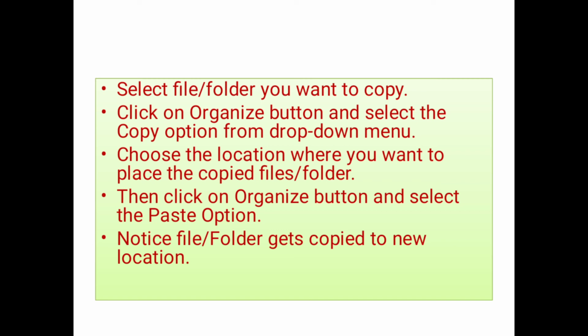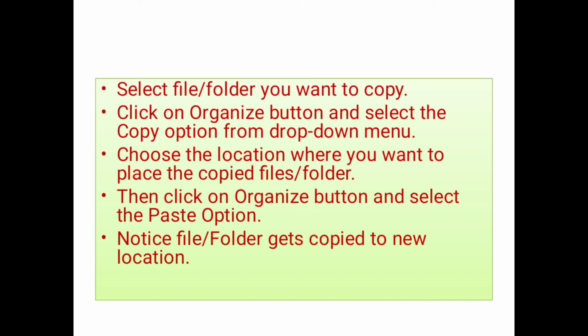From those three, we will select any one of the folders and copy a file, whichever we want to copy, that means the one in which we want a duplicate. We will copy it and next we should click on the organize button. In that organize button, we will have several options. In that we should select copy. When you click on the organize button, you will get a drop down menu. Children, if you are not able to understand, I have shared some screenshots after this content. If you see that, you will be able to understand. Children, I will try to show you all these in a practical class in the next video.